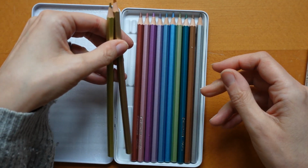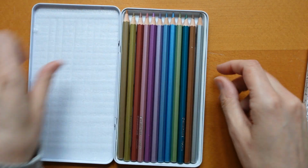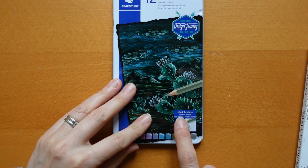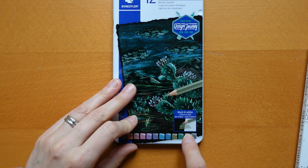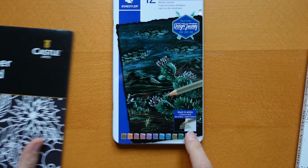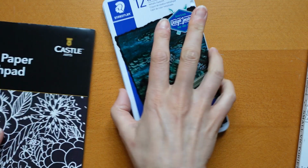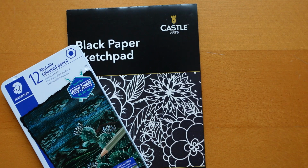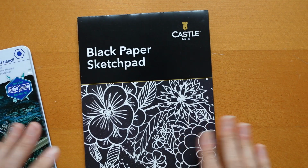But what we're going to do is, I'm just going to look back at the tin. I know I put them in the wrong order. It says black and white, so it says they work on black and white paper. I've got some black paper here. I thought we'd try them out on the black paper first, because I'm going to colour something from Small Victories with them in a minute. But I thought we'd just scribble them on some black paper and try...